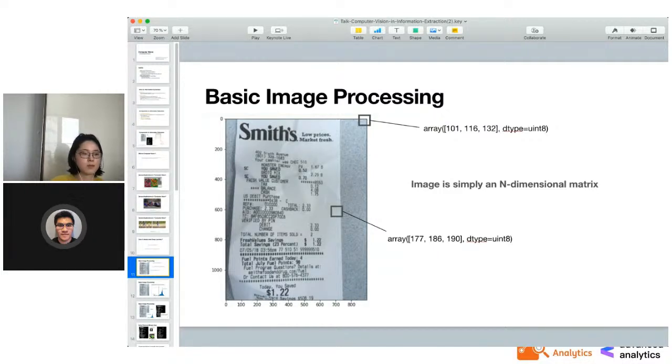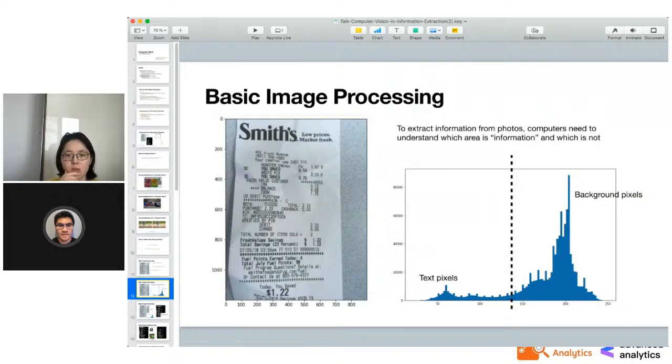And all of those pixels refer to some of the visual elements of the images. But if you look at them, it's basically just an n-dimensional matrix. You may not understand which part can infer some useful information. But if you look deeply, in our case, for example, if we have a scanned image of some receipt, invoices, documents, or whatsoever, and we want to extract some of the useful regions, which in our case, let's say the black pixels, which represent the text or represent some useful information like logos or anything